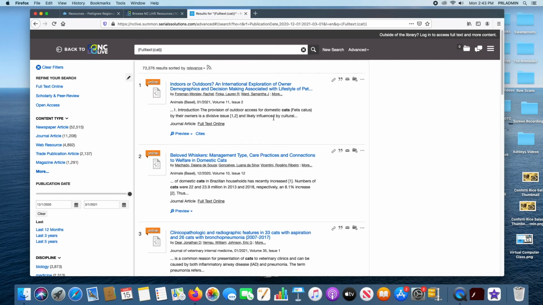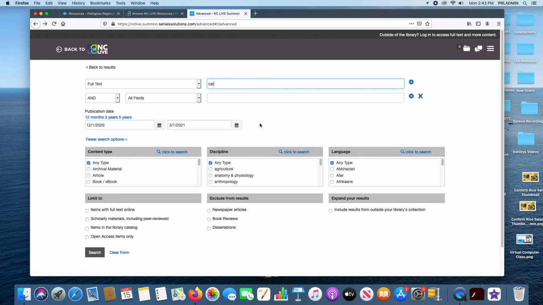And here we have a whole bunch of articles that have specifically the word cat that have been published between December 1st of 2020 to March 1st of 2021. And it narrows it down, and you can add more filters into this if you want. So we're going to go back again,